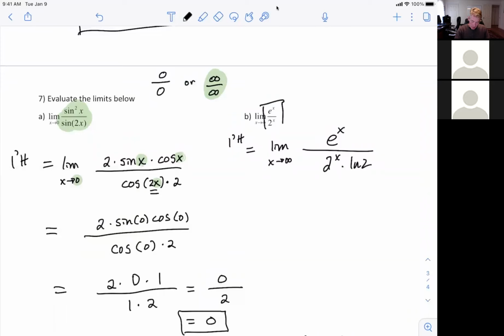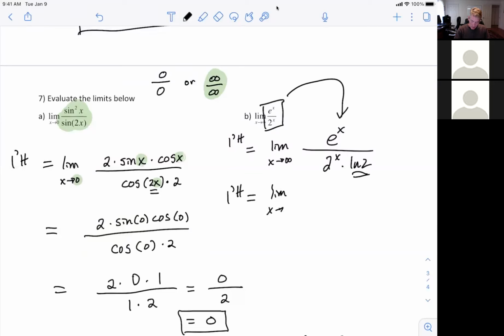And if you look at the original problem, notice that it's basically still there. The only thing that changed is it's times the natural log of 2. And if x is going to infinity, that means that the top is going to infinity and the bottom is going to infinity. So that means you could do L'Hopital's rule again,